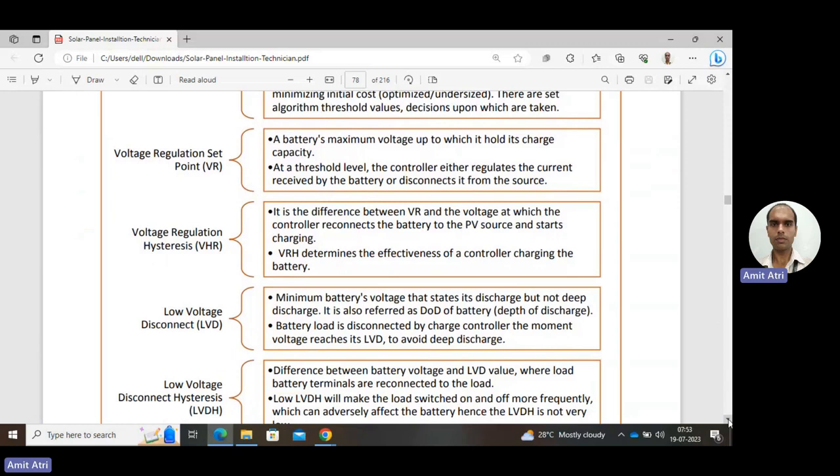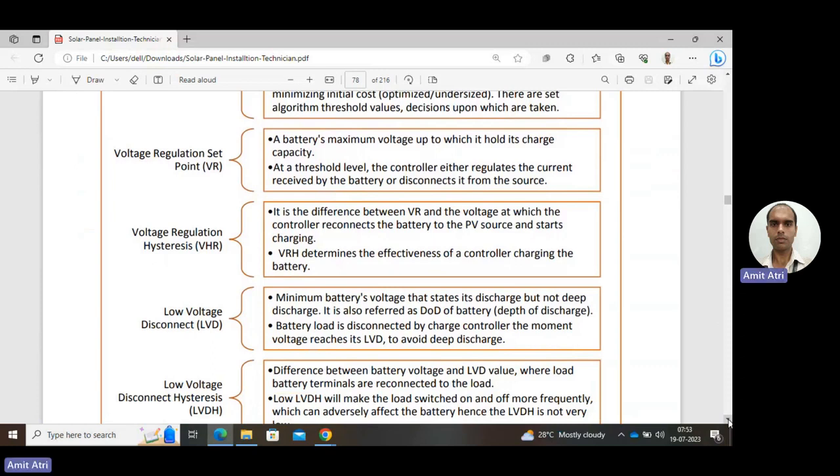At a threshold level, the controller either regulates the current received by the battery or disconnects it from the source. Next is voltage regulation hysteresis. This indicates both the maximum limit and the minimum limit. Voltage regulation hysteresis is the difference between the voltage regulation set point